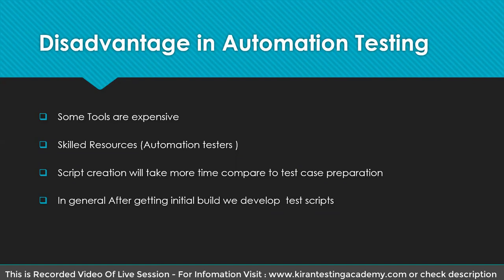Whenever we compare automation and manual, writing the scripts and test cases, manual test cases are much more easily written. It will take very less time, whereas automation scripting will take a lot of time when compared to test case preparation. All this time we have discussed execution. Execution is fast, I agree with that. But writing automation test scripts will take a lot of time, guys. Automation test cases really take a lot of time.